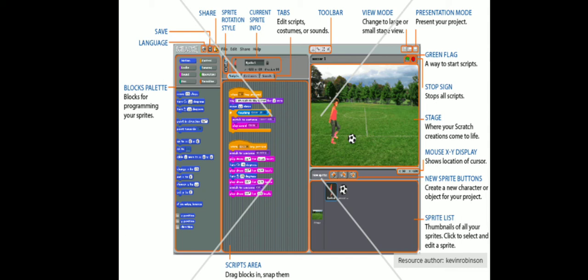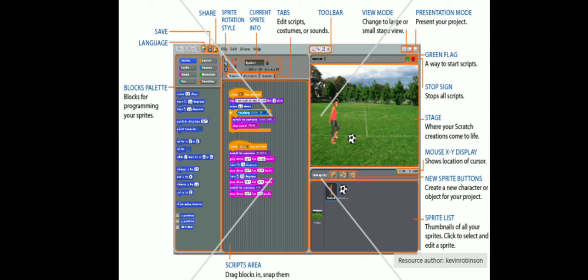Then at the bottom of the stage, you can see we have a bar again. On that bar, on the left hand side, we have icons in the form of a star. Now these are the new sprite buttons. These are three options which I'll explain later, and these buttons are used for creating your sprites. Whenever you want to create your own sprite, you can even draw your own sprite in Scratch. So when you want to create your own sprite by drawing, by decorating, or by choosing from the library, all three options are on this bar.